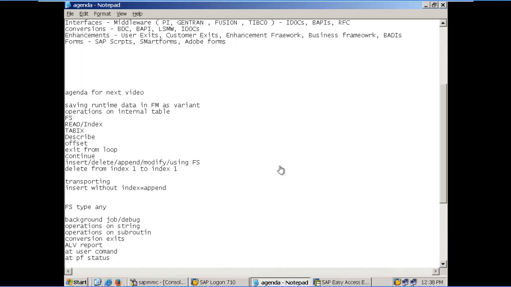Hi friends, in this video we are going to discuss the operations on internal tables: how to read the data from an internal table, how to read the data from a particular location or a particular row of the internal table, and how to use the offsets. For example, if we have a date, month and year, and you just want to read the year from that, how to do that, and how to exit from the loop at a particular condition, what is the meaning of continue,